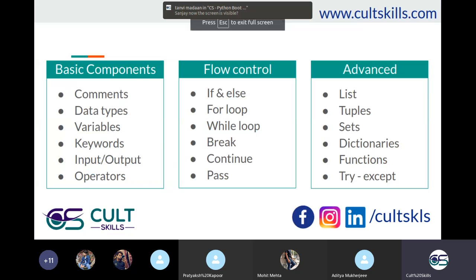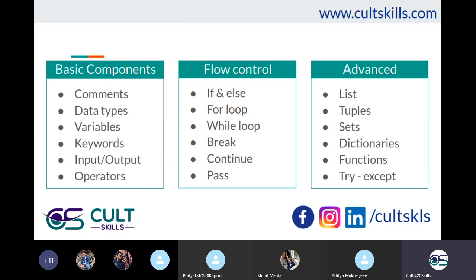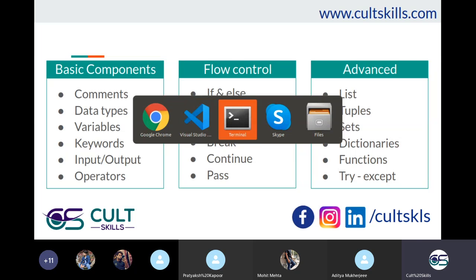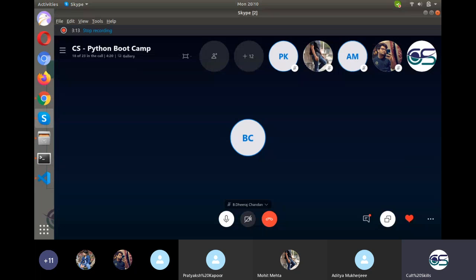So looking at this agenda, list, tuple, set and dictionary, any doubts going on with you in this part?